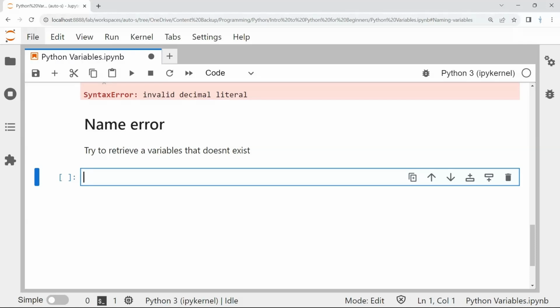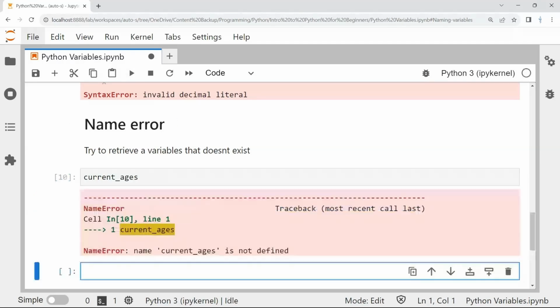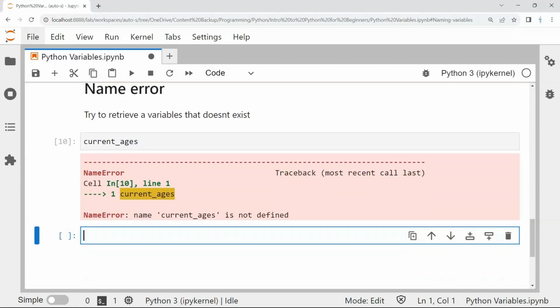A name error happens when you essentially try to retrieve a variable that doesn't exist or that you haven't created yet. For example, we've created the variable age and also the variable current_age. But let's say we were going to write current_ages and see what happens. All right, let's try to retrieve that. Okay, we get a name error. It says that name current_ages is not defined